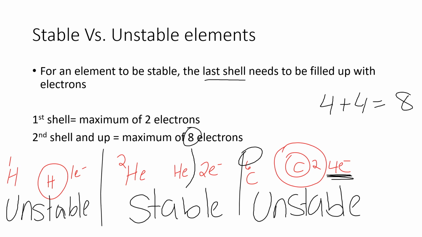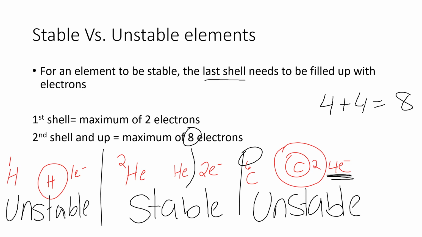And that's how we can figure out whether elements are stable or not. We look at their last shell and we see whether their last shell is completely filled up or not. If it is completely filled up, then we say that this element is stable. If the last shell of the element is not completely filled up, we know that this element is unstable, and that would mean that you are always going to find this element bound to another element,